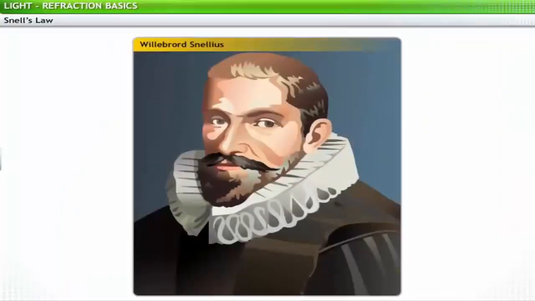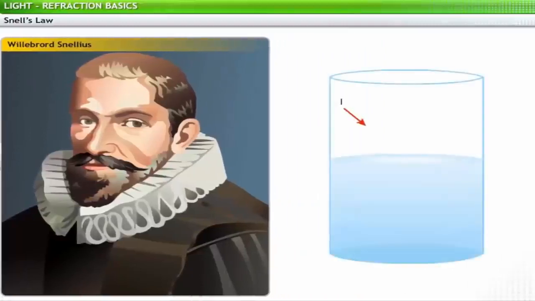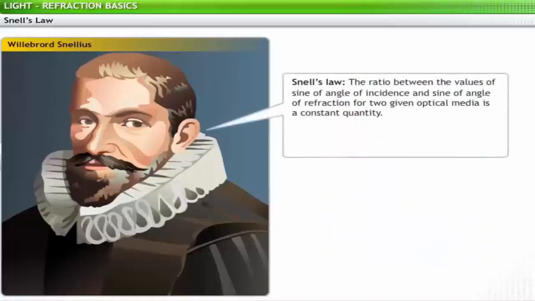Willebrord Snellius, a Dutch mathematician, discovered the relationship between the angle of incidence and the angle of refraction for two given optical media. On the basis of this knowledge, he proposed a law to measure the refractive index of a material. This law is known as Snell's law. According to Snell's law, the ratio between the values of the sine of the angle of incidence and the sine of the angle of refraction for two given optical media is a constant quantity. Snell's law can be verified